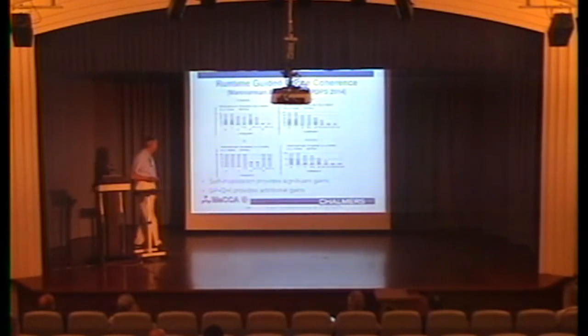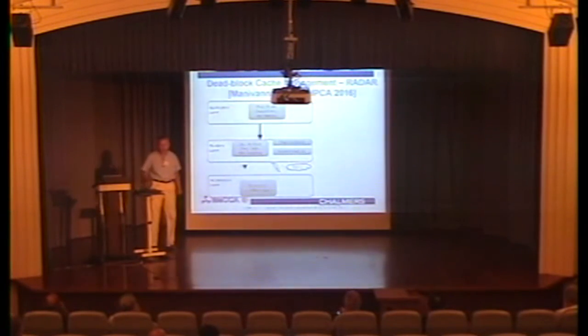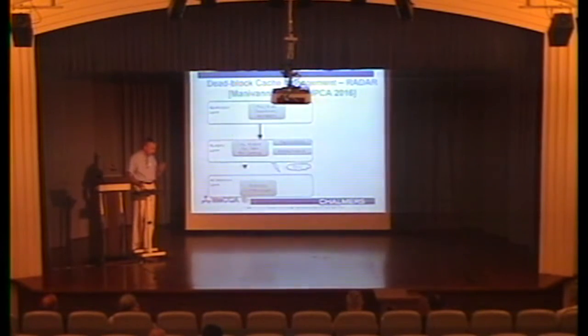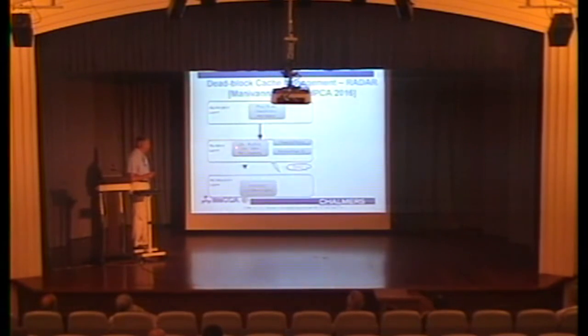There was a paper coming out in 2014. But we took it a little bit further, and started to look into dead block cache management. The problem with dead blocks is that if you take a snapshot of the cache content, a lot of the blocks in the cache will be dead, meaning that they will not be accessed before they are evicted from the cache. And with the information that the runtime system establishes dynamically, you can basically look into the future. You have a data flow graph, so you have a limited view of the future, to see which data structures will be accessed by different tasks. And this information can be used to be more precise